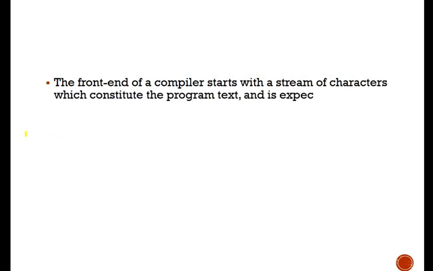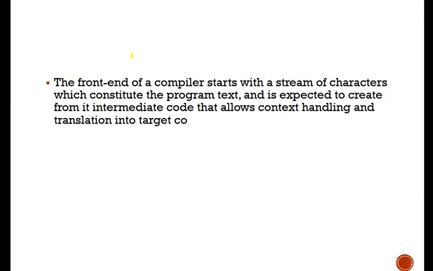So the front end of a compiler starts with a stream of characters which constitute the program text and is expected to create from it intermediate code that allows the context handling and translation into the target code. आपका फ्रंट एंड कहाँ से स्टार्ट होता है कि आप एक कैरेक्टर स्ट्रीम लेते हैं, वो फ्रंट एंड को देते हैं और वो उसका सिंटैक्स एनालिसिस स्टार्ट कर देता है और आखिरकार एक इंटरमीडिएट कोड जनरेट होता है जो लेटर ऑन एक टारगेट कोड में कन्वर्ट हो जाता है।